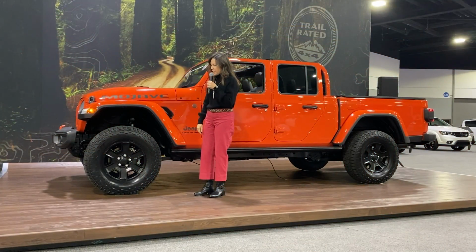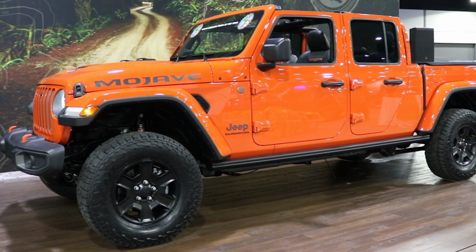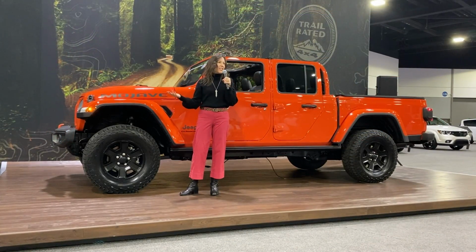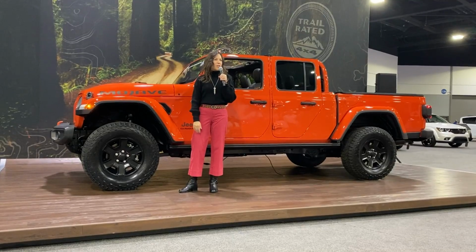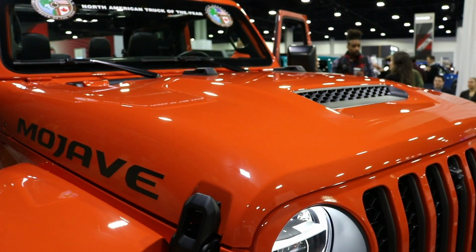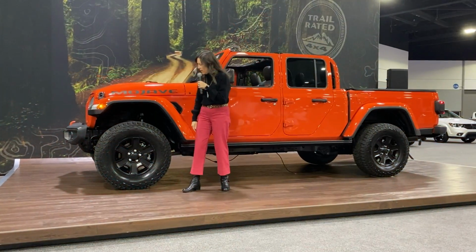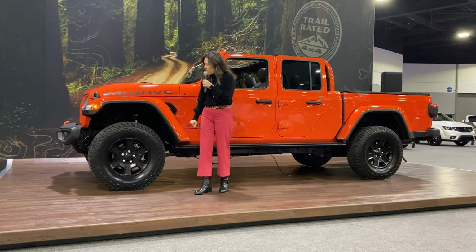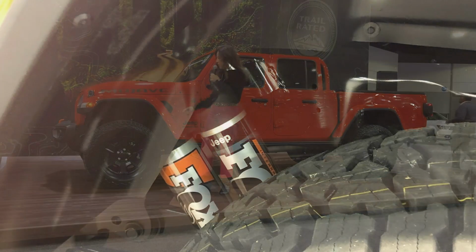And then the shock system on the vehicle is really where it's all at, because it's an incredible system, and this is all to mitigate when you're running really fast in the desert, you're going over berms or cresting over dunes. You've got to be able to mitigate the possibility of bottoming out, and so Mojave answers to that really well. We have underneath here a Fox 2.5 inch internal bypass shock,